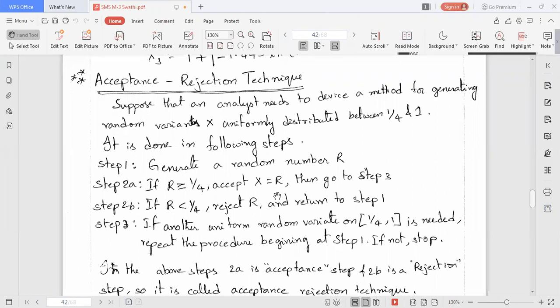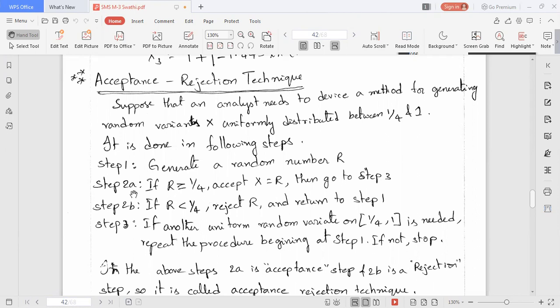In the above steps, step 2A is called the acceptance step. If the generated random number is greater than or equal to 1/4, that random number is accepted, right?